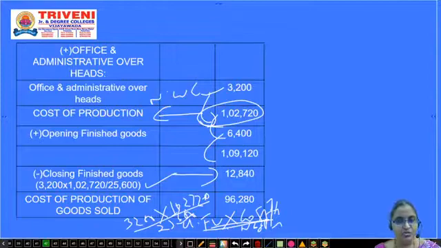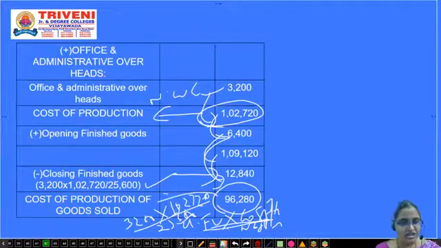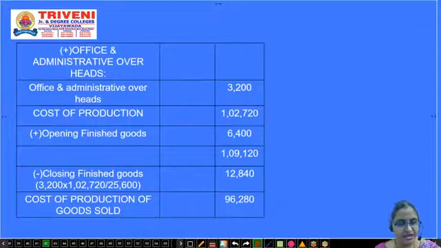After that, 1,09,120 minus 12,840. Now you got the amount 96,280. Always opening must be added. The closing must be subtracted. The amount was 96,280. It was named as cost of production of goods sold. After the continuation,